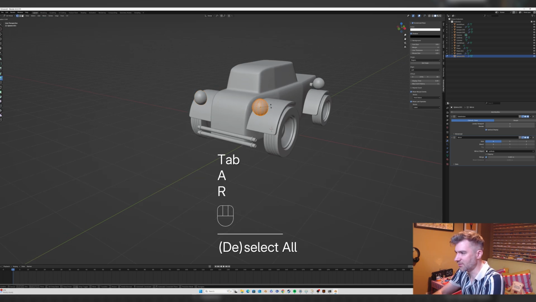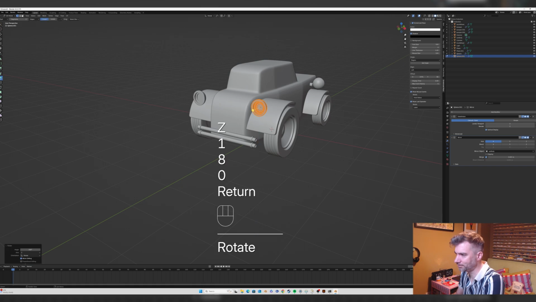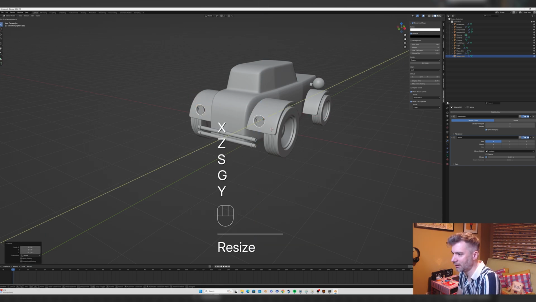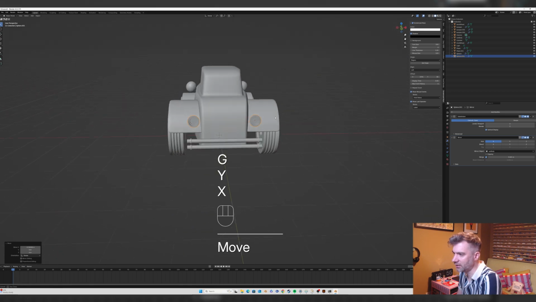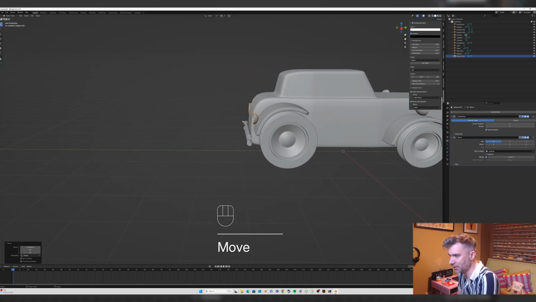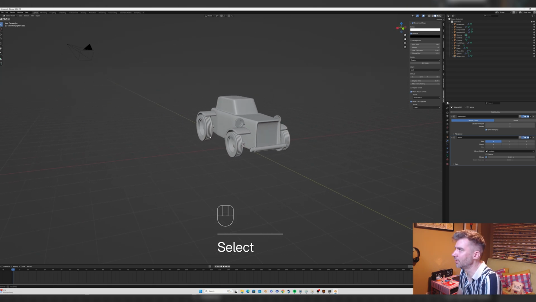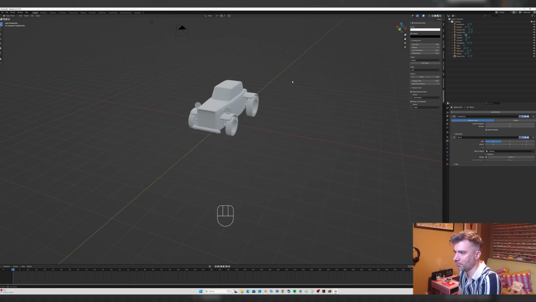So we want to rotate these on the z-axis 180 degrees. And then we'll move them down, scale them down a little bit, and push them in, and we'll just check that they're touching the rear bumper. Maybe somewhere like that. And there we go. Okay, so let's go into viewport shading, and we're going to finish up by putting some